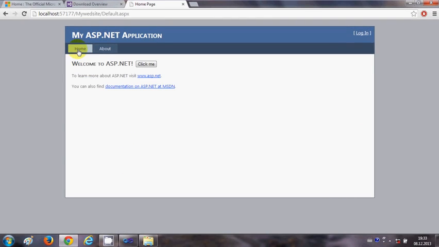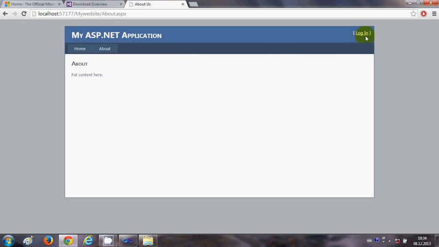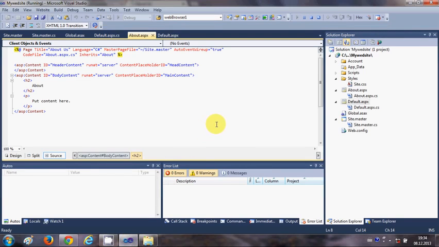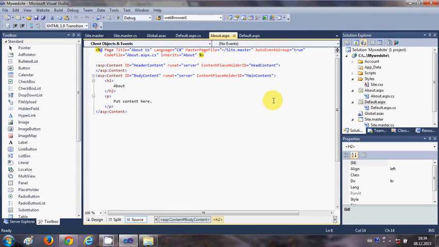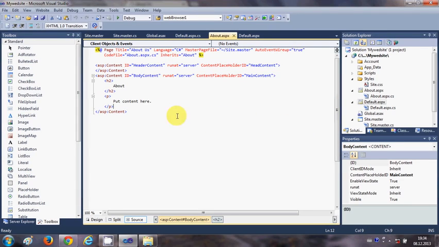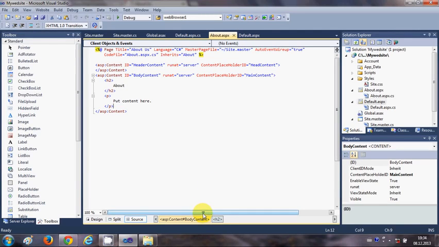This is the project we have created, and it has a home window, which is this, and this is the button we have created here, click me. It's not doing anything because we haven't provided any functionality to it. And it has this about tab, and it also has by default this login, but we will provide more functionality to our project in later videos. So this was the project it has generated for you, and for now I think this is all, and in the next video I will